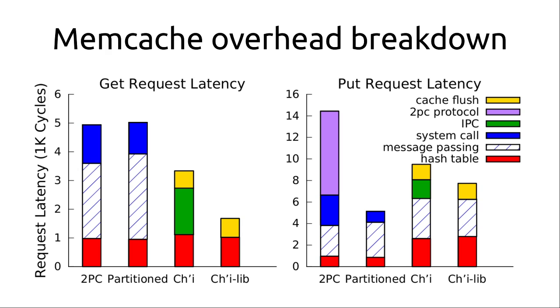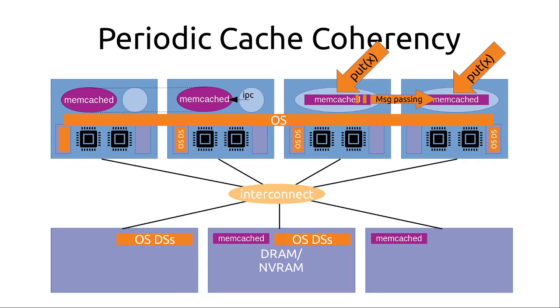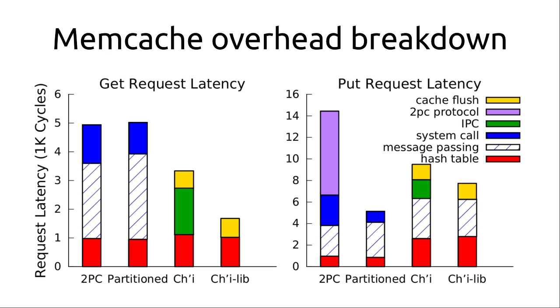In the case where we're using Chi, we have these two examples that we talked about here, the process-based version on the left and the library-based version on the right. And what we see now is that we have IPC between separate processes in green, adding some additional overhead there. But the GET requests are significantly faster on Chi simply because we can directly do loads from memory. And then if we need to do stores, we need to modify, we see the put requests on the right.